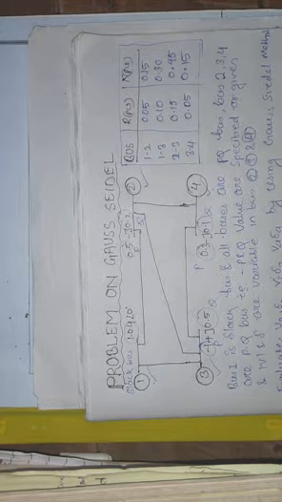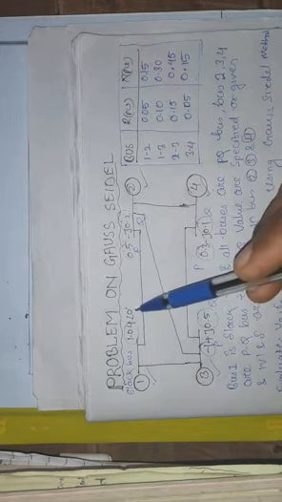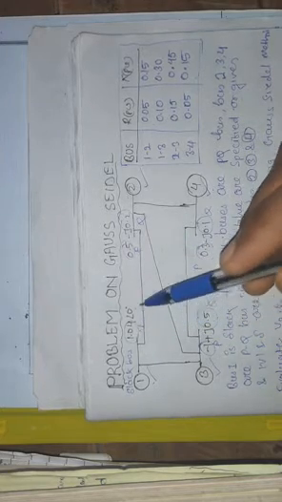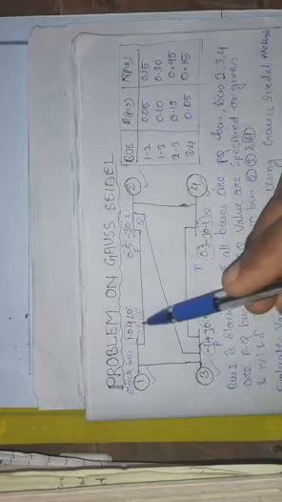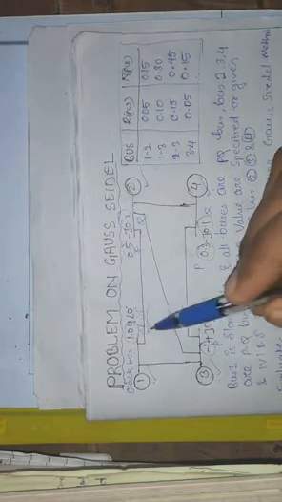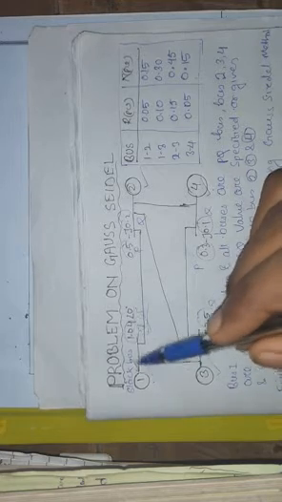One thing to remember: in the question, no type of bus is mentioned, whether it is a generator bus, load bus, slack bus or reference bus. You have to identify the bus by using the voltage, angle, active power and reactive power. Here voltage and angle are given, so that bus is known as our slack bus. We have mentioned here slack bus.